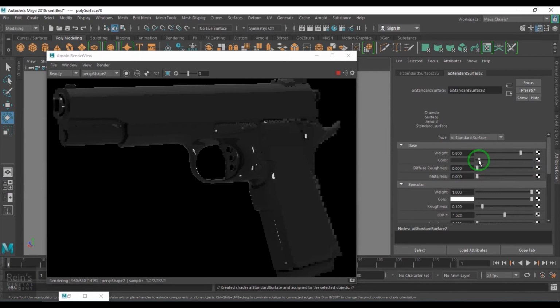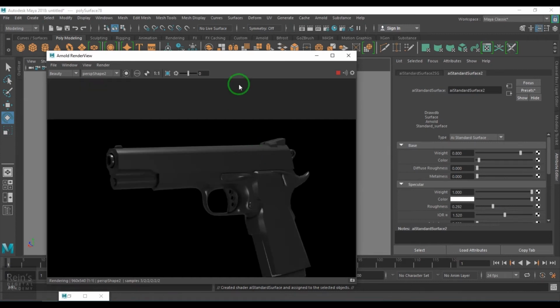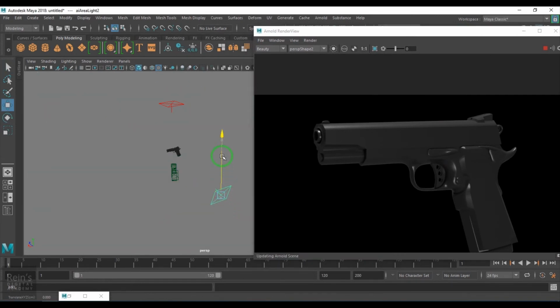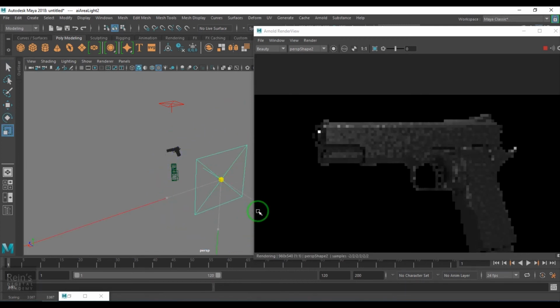Now select the gun and then go for AI standard surface shader again. And this time I'll take a black color and slightly rough.